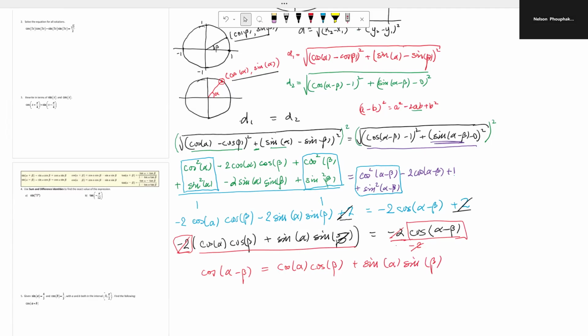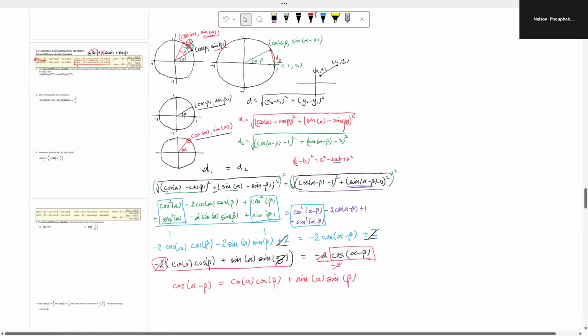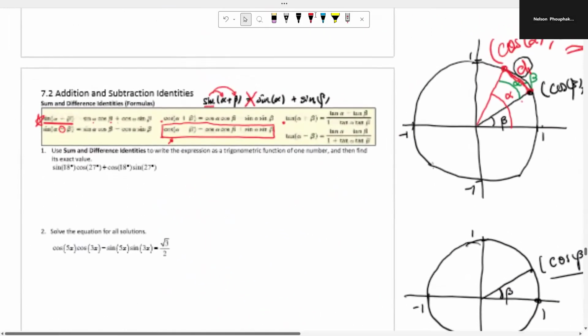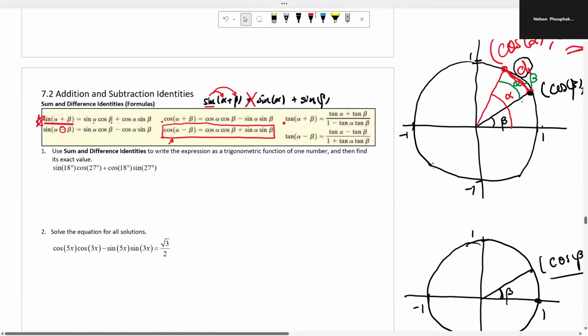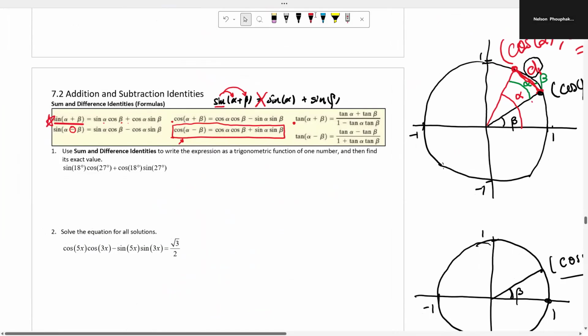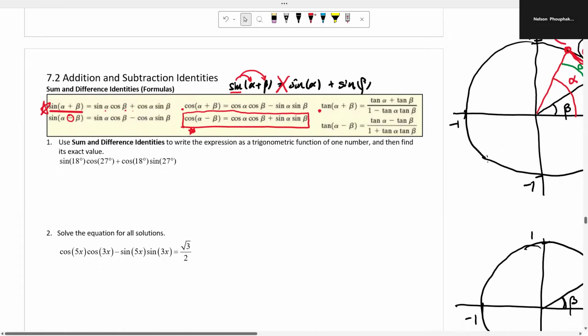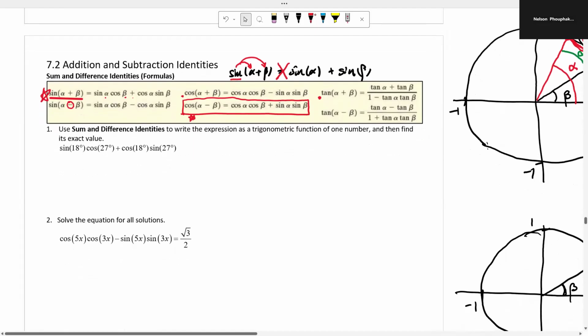So you will see that this is exactly what we have here. Of course, I will not show you everything because it takes a lot of time. But basically, you could use this identity right here to help you prove the rest of it. If you want to know how to prove the rest of the identities, you could email me or join my office hours, and then we could talk about that too.